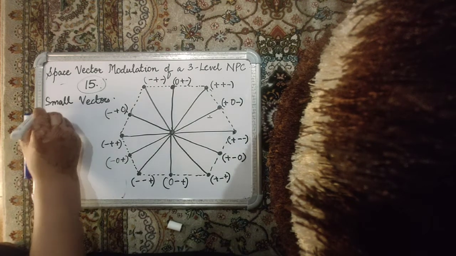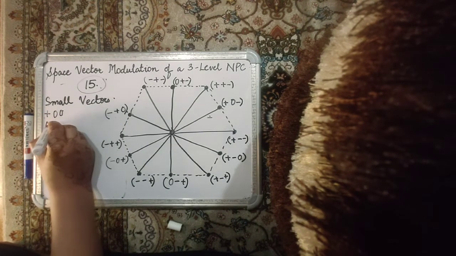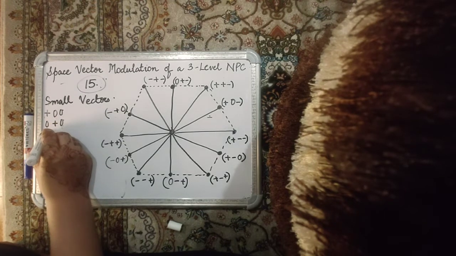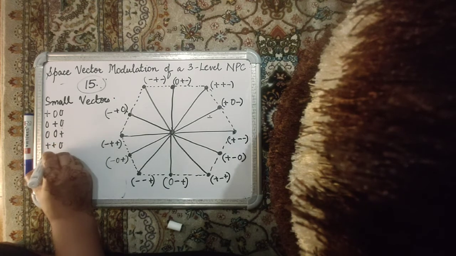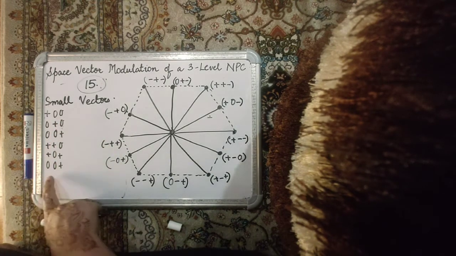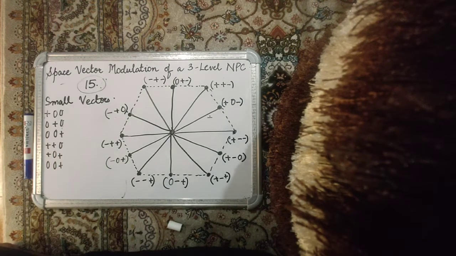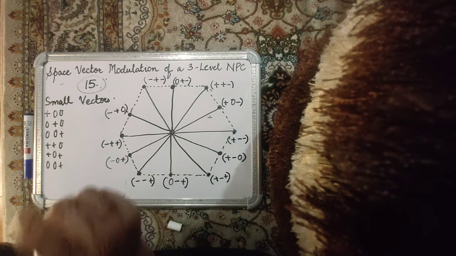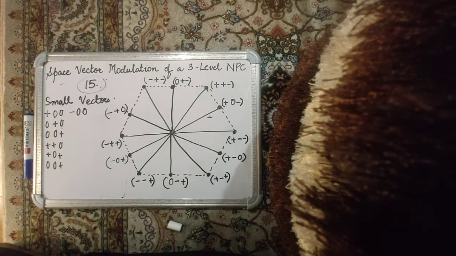For instance, positive and only zeros, so it can be plus 0 0, or it can be 0 plus 0, or it can be 0 0 plus, or it can be plus plus 0, plus 0 plus, 0 plus plus. So these are 6 states that use only zeros and pluses, or 6 states that use only negatives and zeros, which means only minus VDC by 2 and 0. So it can be minus 0 0,